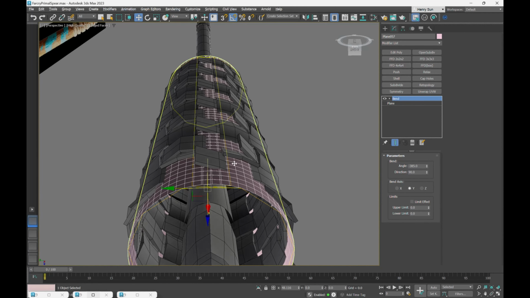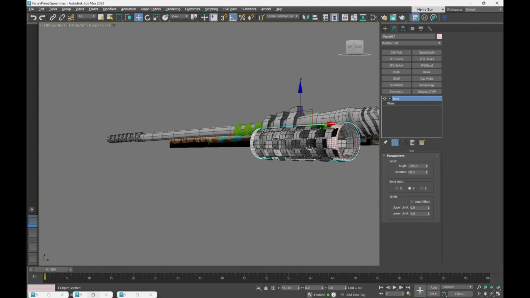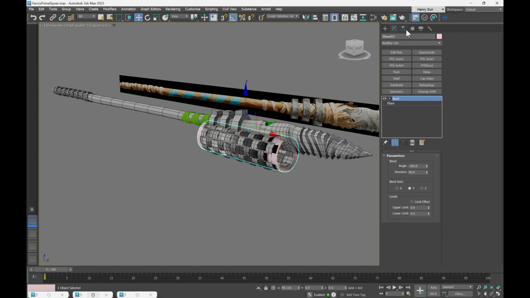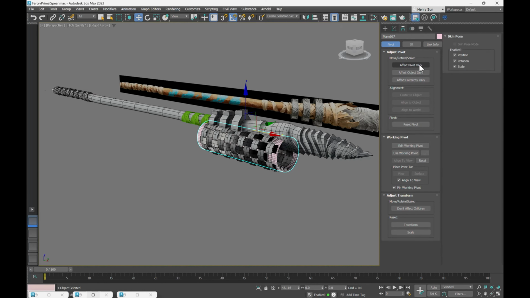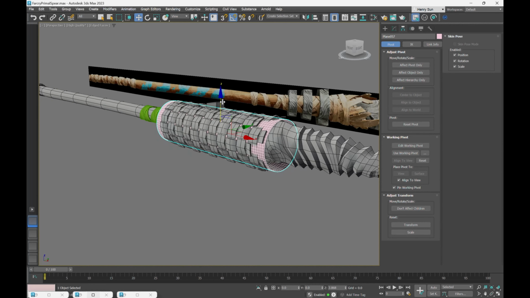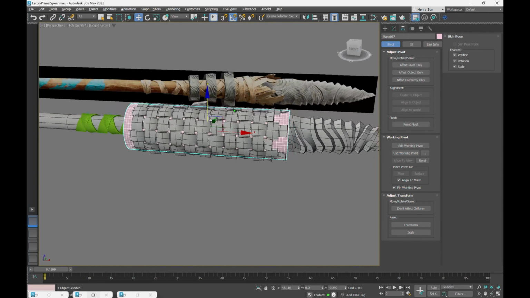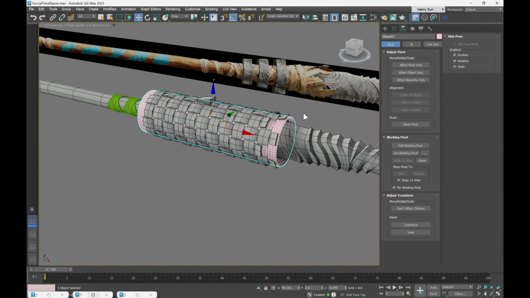And now what I want to do is make sure this pivot point is in the center of this object, not at the top here. So let's go to our Hierarchy tab, Effect Pivot Only, center to object, and let's turn that off. Let's put that into place roughly about there, and then let's add an